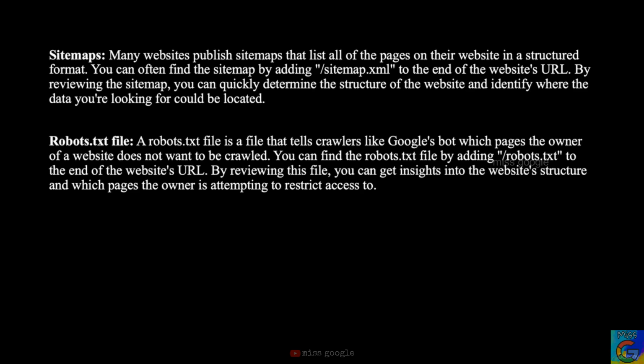So after that, we can look at the last 2 data finding techniques, which are sitemaps and the robots.txt file. The sitemap is essentially a list of all the pages on a website in a structured format. You can often find the sitemap by appending sitemap.xml to the end of the website's URL. By reviewing the sitemap, you can quickly determine the structure of the website and identify where the data you're looking